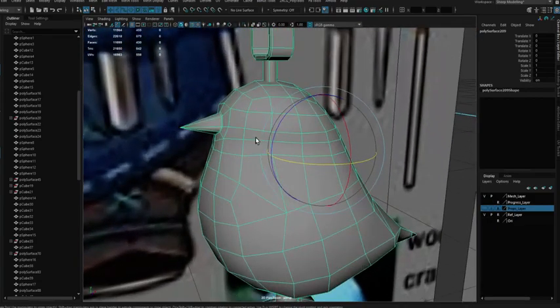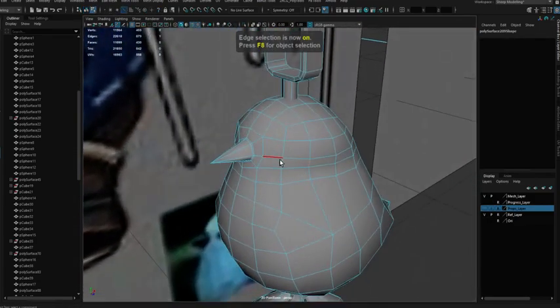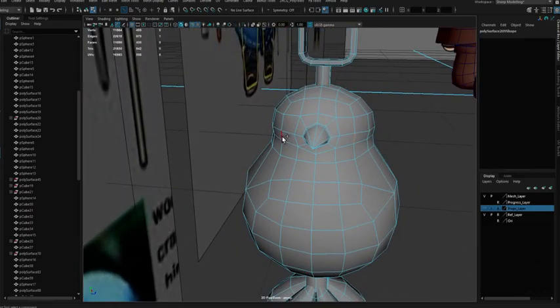You can further reduce the number of polygons if we select these guys here, these two boys.